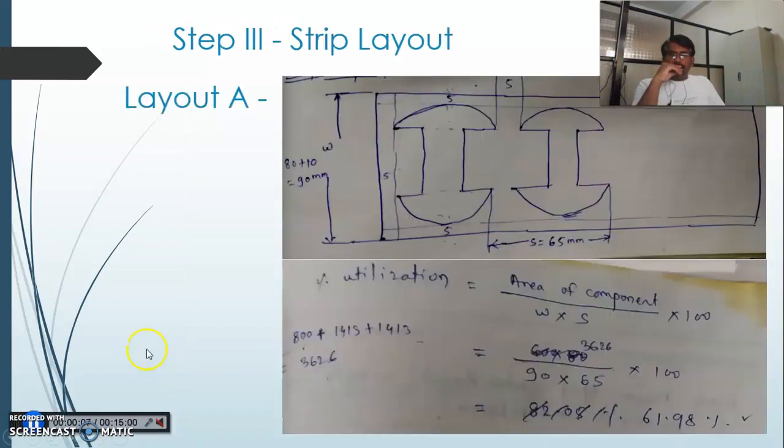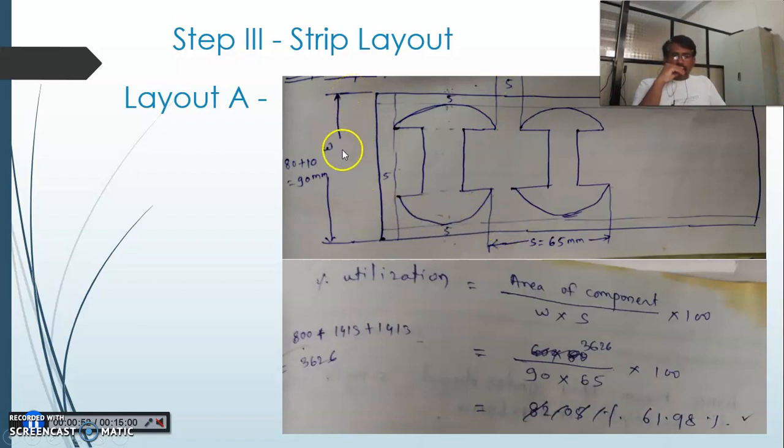Now after calculation of the punch size, we should go for the next step. The next step in the design procedure is the strip layout, so that we can calculate the percentage utilization. For a 14 marks question, you have to draw at least 2 layouts, and you have to suggest a proper percentage utilization for the strip layout. Now the first strip layout we have drawn for the component: we have selected a sheet, and inside that sheet we have kept the two components as it is. The bridge gap from all the sides of the component, which is equal to the thickness of the sheet, that is 5 mm, we have shown, and this 5 mm bridge gap will be there surrounding the component.